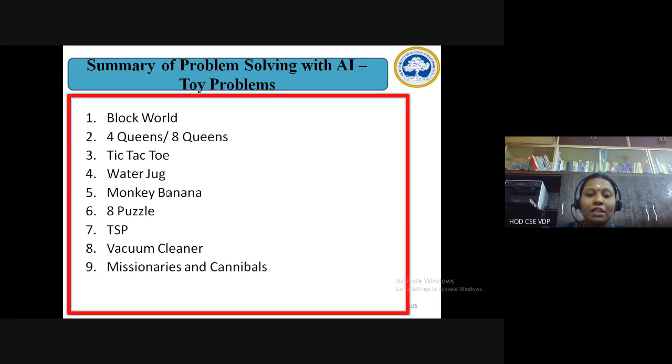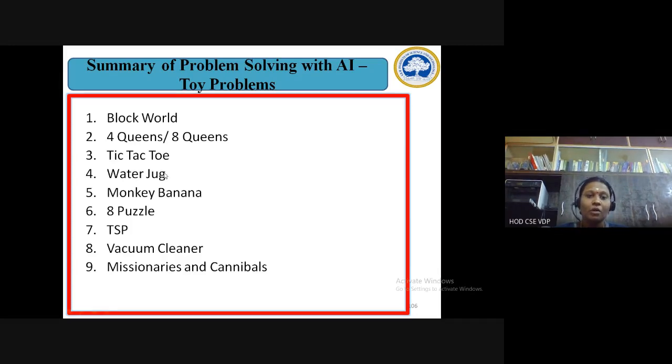And then vacuum cleaner, you assume vacuum cleaner as an agent, and you have actually seen how the agent behaves, what would be the actions, the percepts, and the sequence has been just introduced by taking the example of vacuum cleaner. And then finally, the missionaries and cannibals, a set of action rules were framed, and using those rules and the constraints, whether the missionaries and cannibals in one bank can reach the other bank or whether that reach is not possible.